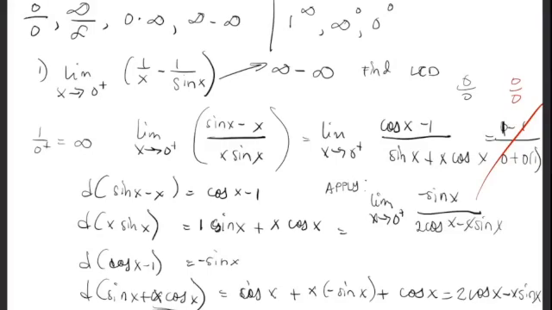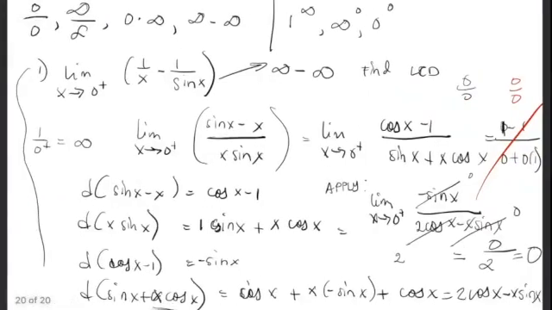Anong nangyari na yan? What is the answer? This will approach the value of 0. This will approach a value of 2. This will approach a value of 0. So we have an answer 0 over 2. Or the answer is 0. Okay, so do you have questions, class? Sa susunod na natin i-discuss yung remaining